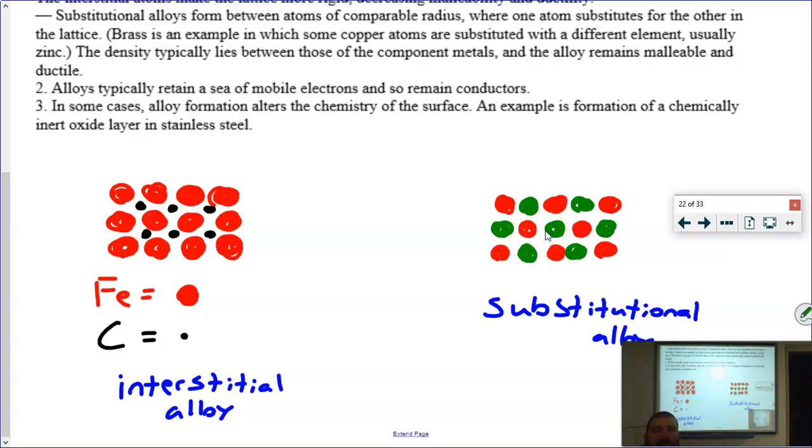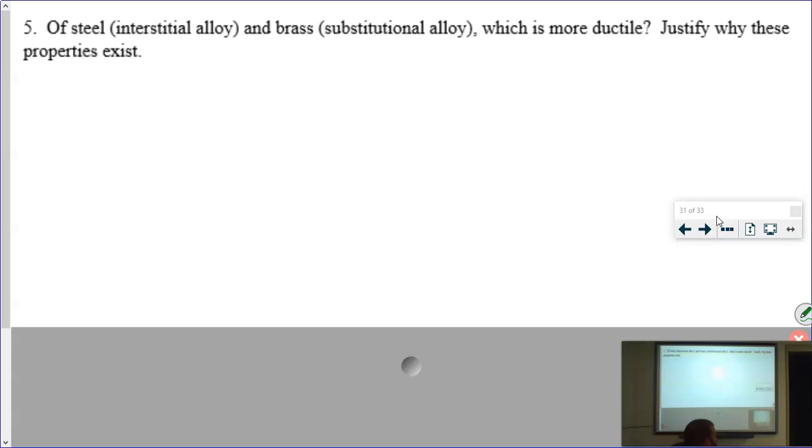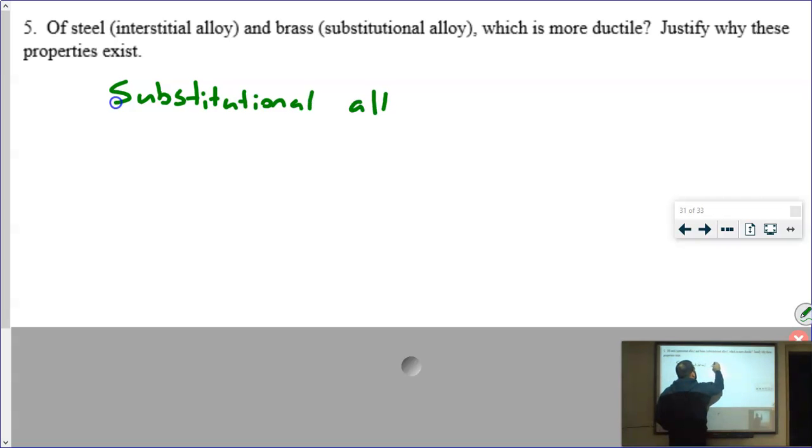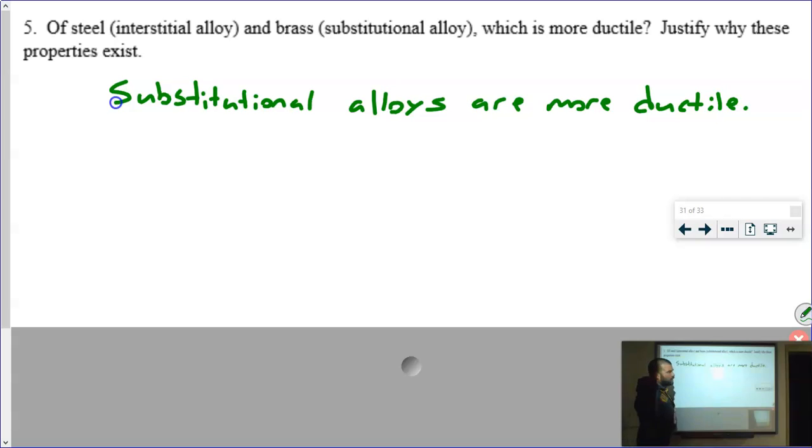Substitutional, these atoms aren't really locked into place. You can move them, you can shift them. It takes some energy, certainly, but it can happen. So let's write that out. Which of these is more ductile? We would absolutely expect that the substitutional alloy, okay? Substitutional alloys are more ductile. Okay, why? Well,